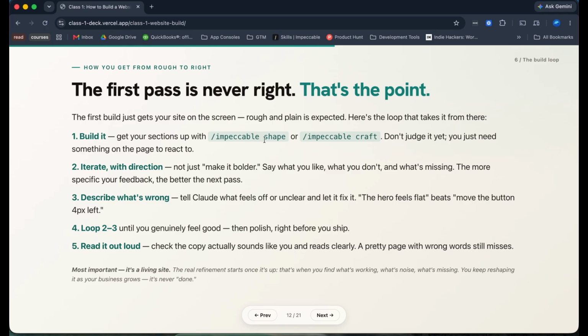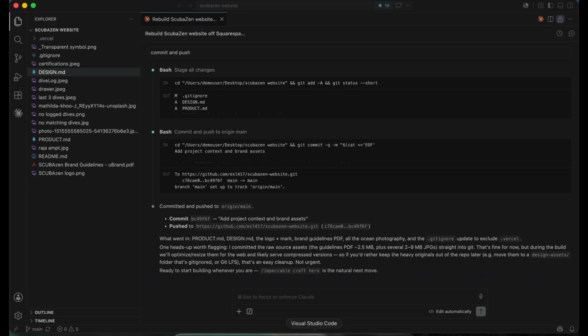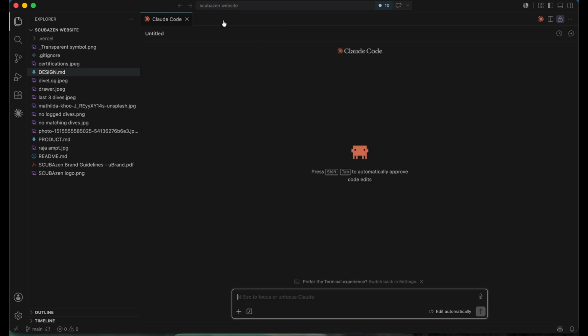I personally just like to go through a little bit of an interview first, but it doesn't really matter. And like I said, the final result of this is not going to be right, so we're going to iterate on it. We're just checking the vibe, and then I'll show you how to improve it once it's built. So what we'll do is we'll go down here, and then we'll start a new session, so that way it's a clean slate. And then we'll do Impeccable Shape Landing Page.